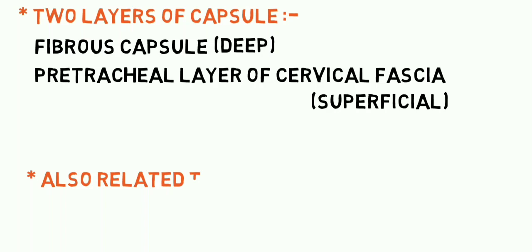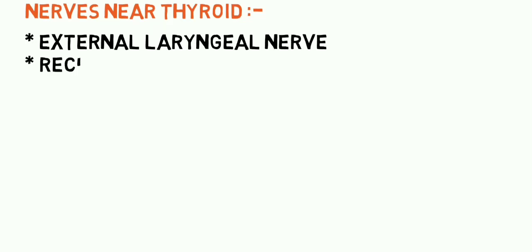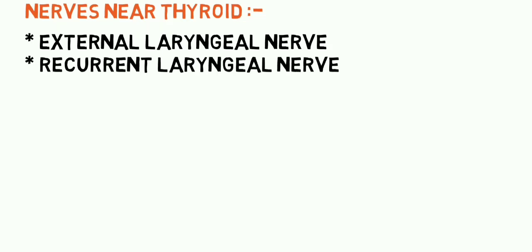They're also related to the carotid sheath, which basically includes the carotid vessels and the vagus nerve. And there are some nerves which are located near the thyroid gland, which include the external laryngeal nerve and the recurrent laryngeal nerve. These nerves are basically located near the thyroid gland, and they supply the vocal cords and related structures,